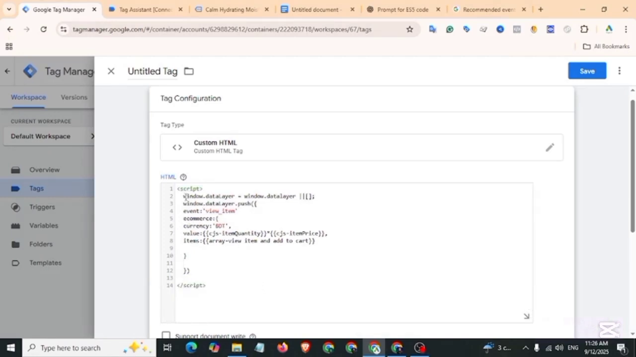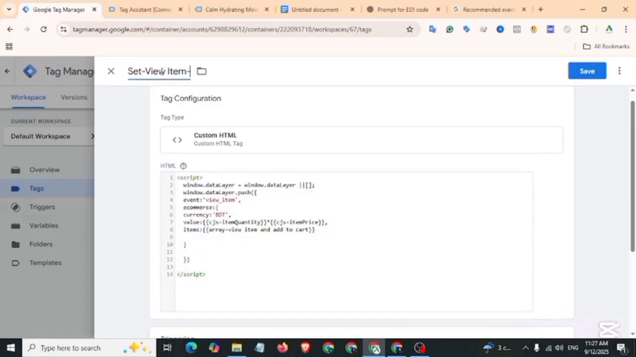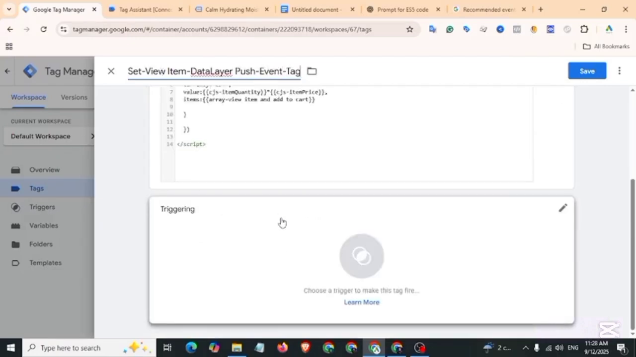Let's review our code. Here is a mistake. L should be uppercase and a comma should be after view item. Now our code is alright. Name the tag, then triggering